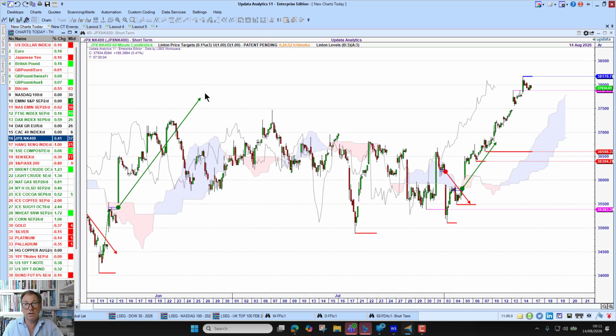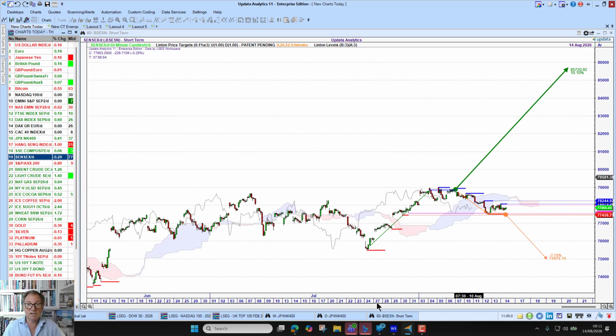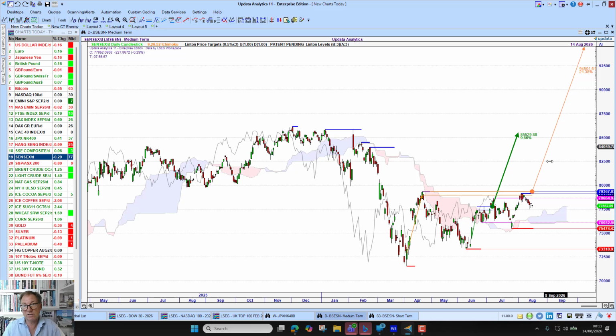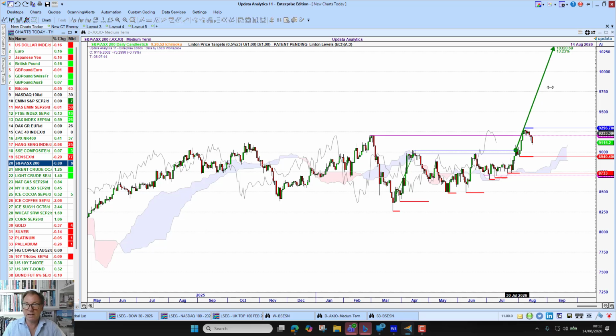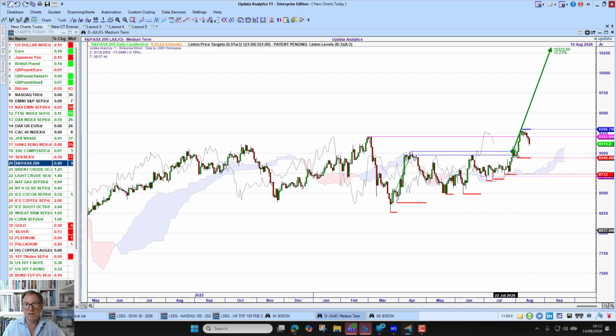Japan is actually making new all-time highs. That is driven by that weaker yen and higher Japanese company earnings, so it's quite key. The Sensex in India is just struggling still. If we look at the medium-term chart, we're just failing to activate that upside target. This is looking a bit like an ascending triangle off the bottom, but we need to break. The Aussie market is down nearly 1%, so we've got an upside target there on the medium-term chart, but we're just struggling at that resistance level, so quite key.